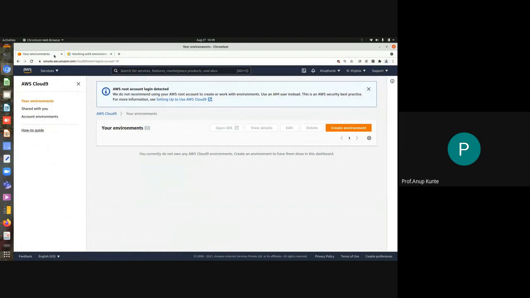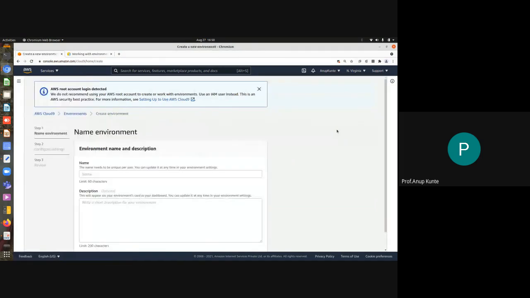Okay, so once you get to the Cloud9 service from the Amazon console, this is where you will land. Okay, if you had IDs, different IDs already in your account, those will be listed over here. Now if I click on create environment, okay, I will be given particular walkthrough of steps. Okay, first step is I should name the environment. I should give it some name. So this is my trial environment. So trial IDE, I'm calling it as trial IDE.